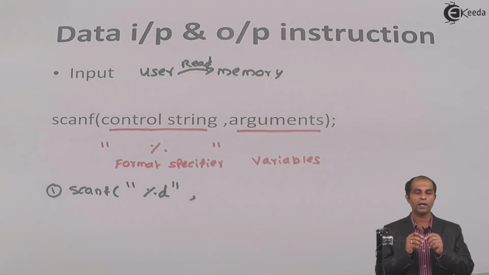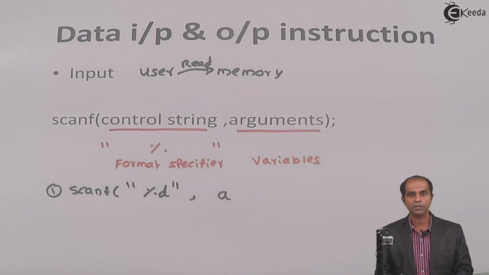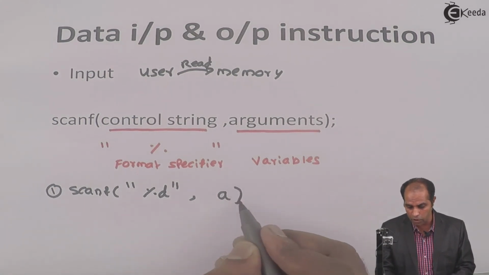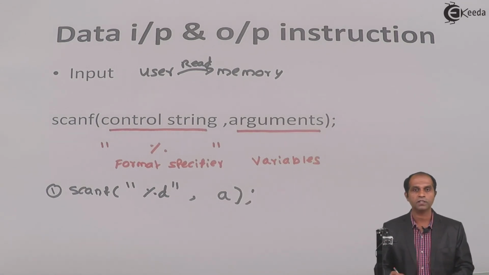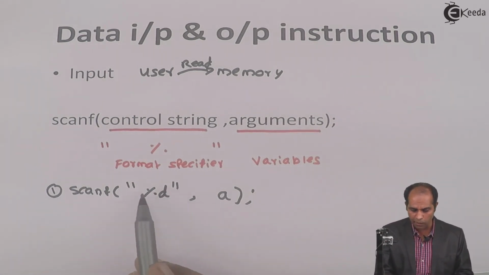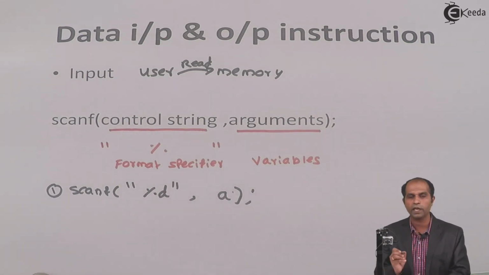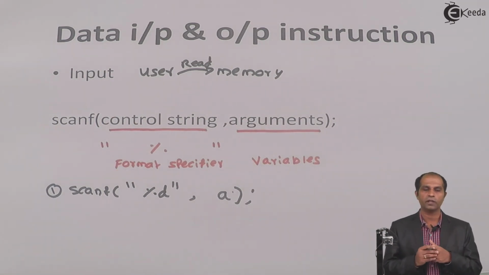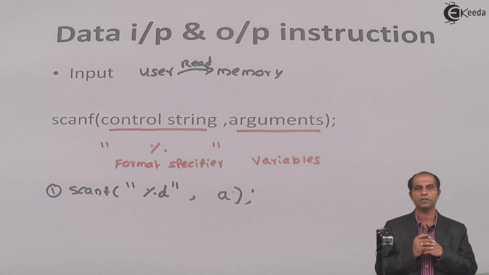Now one value has to be stored at some place. Let's associate a variable with this. Now the question comes, how does C language locate this? This is still an incomplete instruction. Don't end up with this particular instruction right now. When I associate a variable, this will read a value and try to store the value to a. But where is this particular a located? In your memory, your a is stored at some random place.